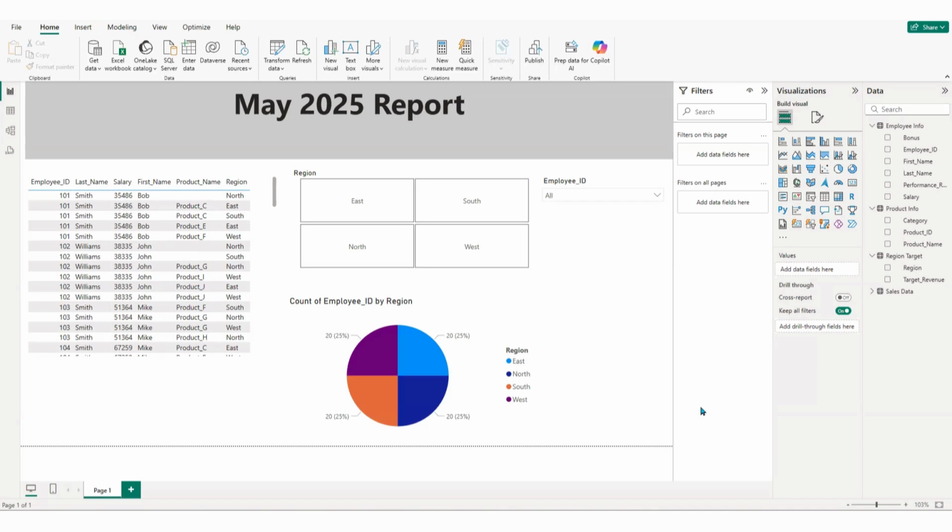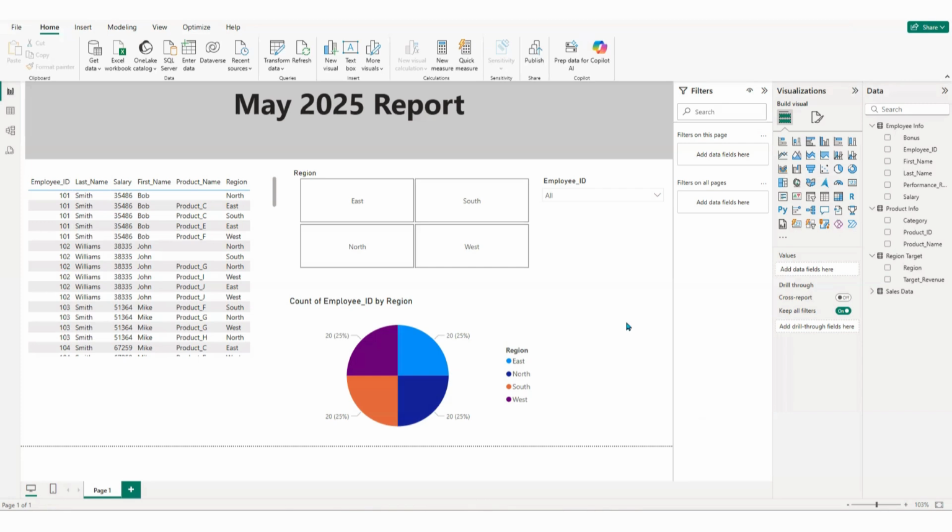Today we are looking at Power BI service and the benefit of publishing your reports to the Power BI service. It is so that other people can have access to it. That means you are working in an organization and you want to share the report with maybe the team leads or people in HR, people in sales, people in marketing. You want them to have access to the report, but not to have admin rights to